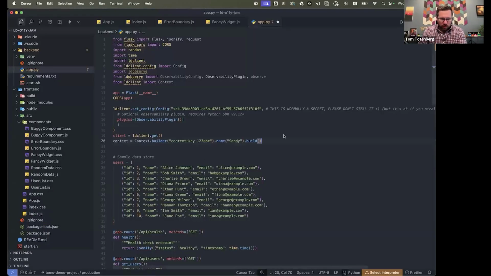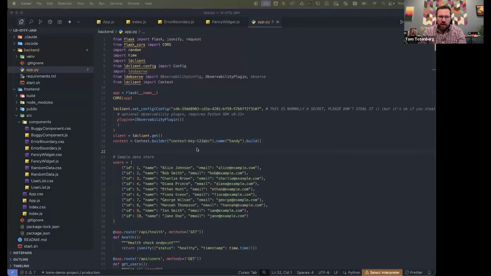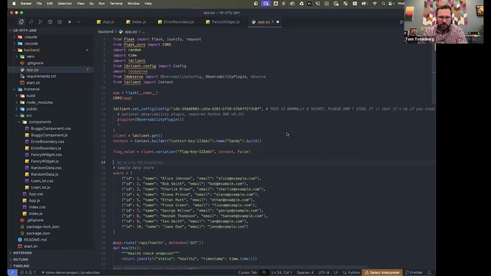Very good. Bang, we've got a context. We built it. Now we have a context object. Here's my context object. I love it. It's easy as that. And then we're going to evaluate a flag. So again, I need a flag, which I've not yet actually created. But I think what I would like to do just to start with this is we will create a flag